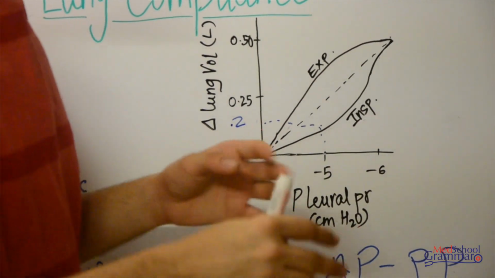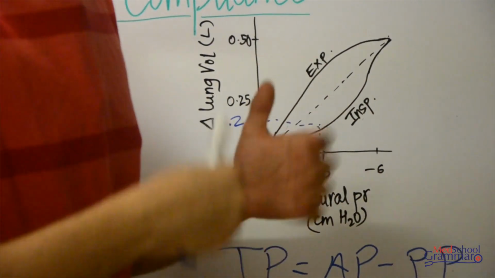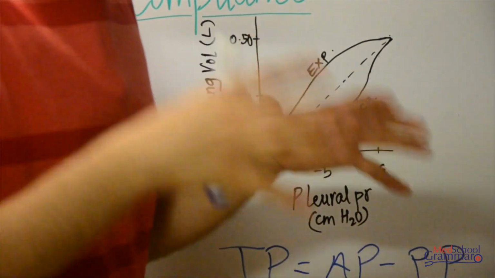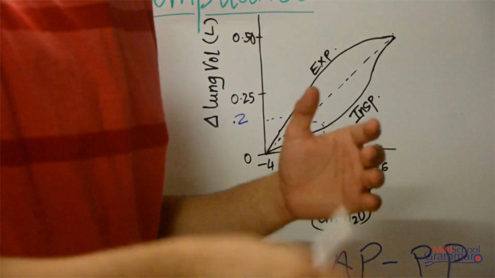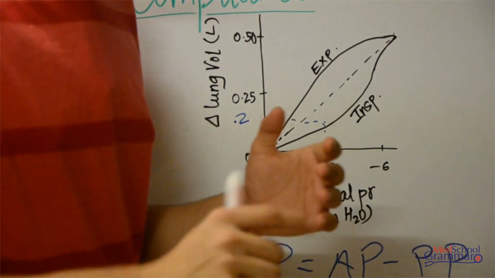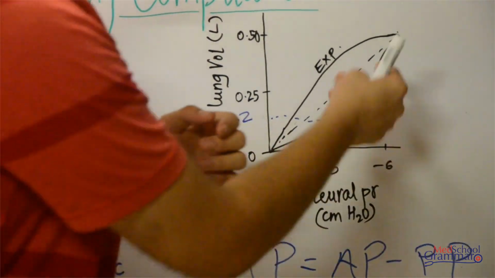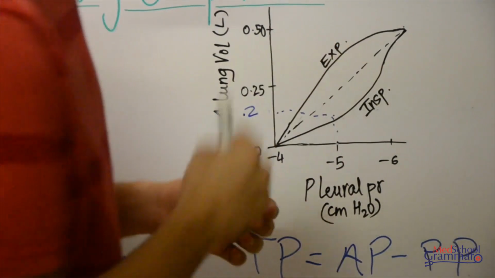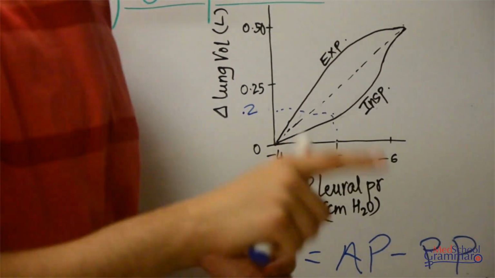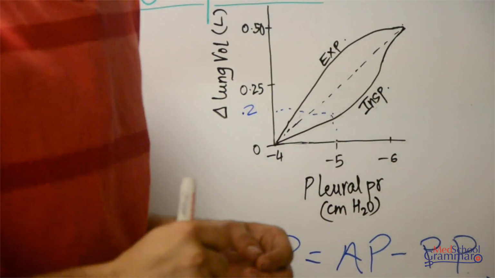During expiration, the lung is already open, and the work you have to do is just to keep those airways open. The amount of work required to do that is less, thus the pressure difference required is also less. Due to these reasons, we get different inspiratory and expiratory curves. The difference between them is known as hysteresis. That is why this diagram is also known as the hysteresis loop.